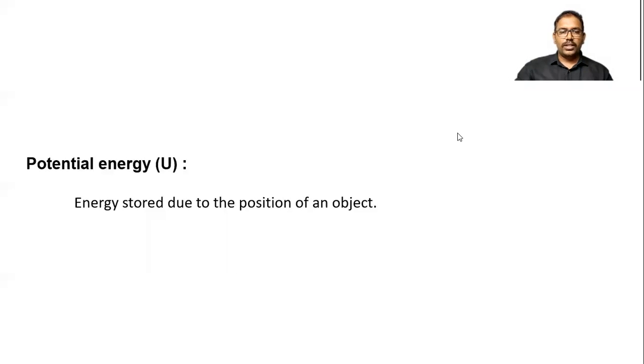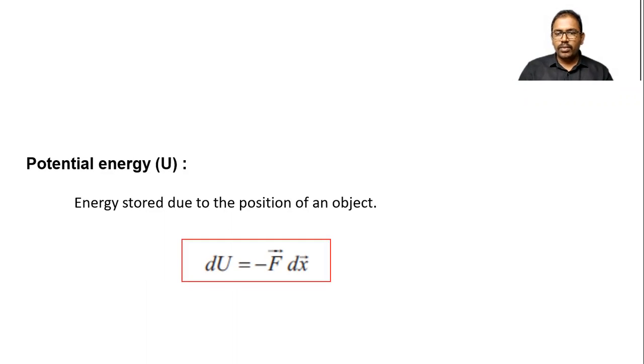Now we have to learn potential energy. Remember one thing: potential energy is the energy stored due to the position of an object. Here we can write potential energy is equal to minus, it is equal to the work done. The work done is stored in the form of potential energy. So minus F dx is written. So if work is done or the displacement is, the force is done